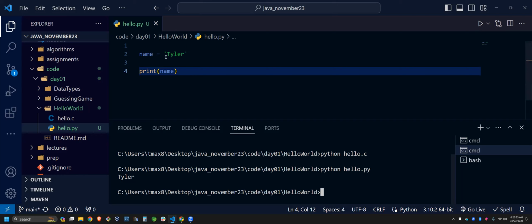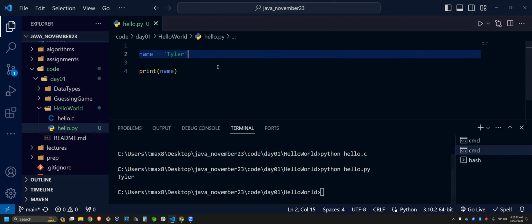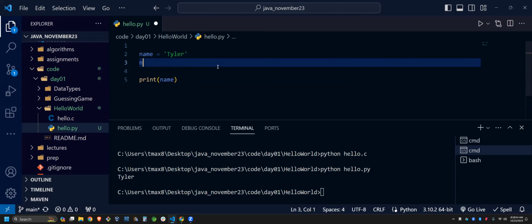So Python behind the scenes is looking at what we assign to the variable name. It sees that it's a string, right? So Python will keep track of the fact that right now, name, the variable, holds a string as a type. If I want to come down here and say name equals 42, is this okay?